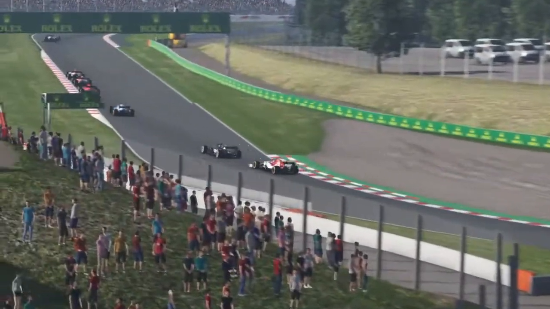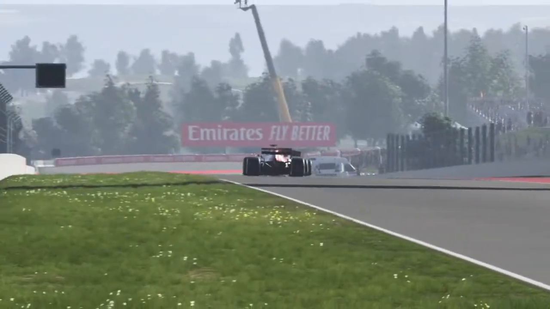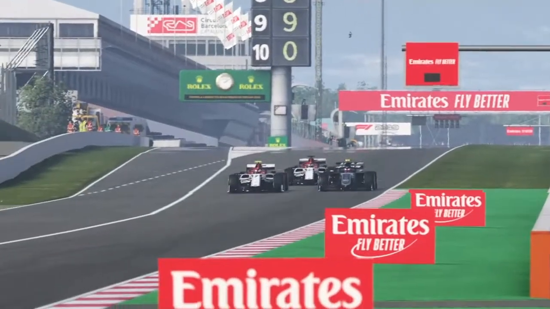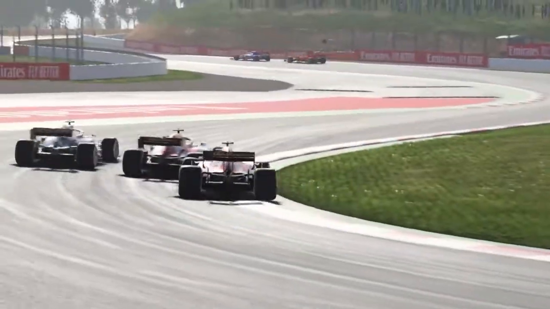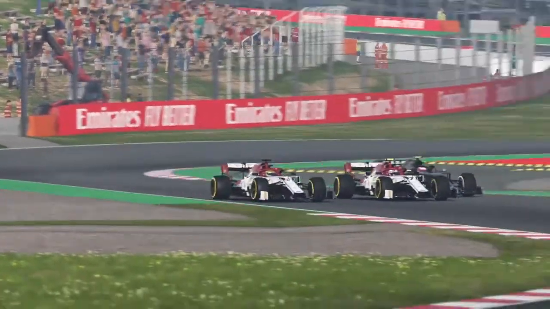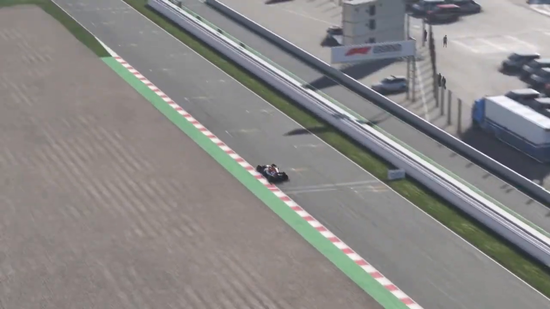Carrying on now, and we're behind the Haas of, once again, Kevin Magnussen. It's the same as what happened in the Azerbaijan Grand Prix. We've got a three-way battle in here. It's Raikkonen. Hang on, is that Grosjean? Oh, Grosjean. We must have completed the move on Magnussen. It's Grosjean, it's Raikkonen, it's myself. Three wide going into that corner, and we managed to pull off the move. I know it's been cut off, but obviously